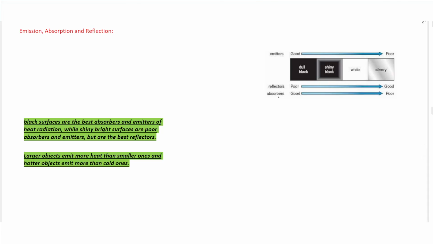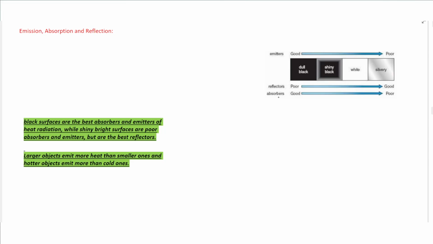Also, to emit and absorb a lot of energy of infrared radiation, the surface can be wide, as a larger area causes the amount of infrared radiation to increase. Also, objects with higher temperature emit more infrared radiation. So it depends on color, surface area, and temperature. The higher the temperature, the darker the color, and the larger the area, the greater the amount of infrared radiation